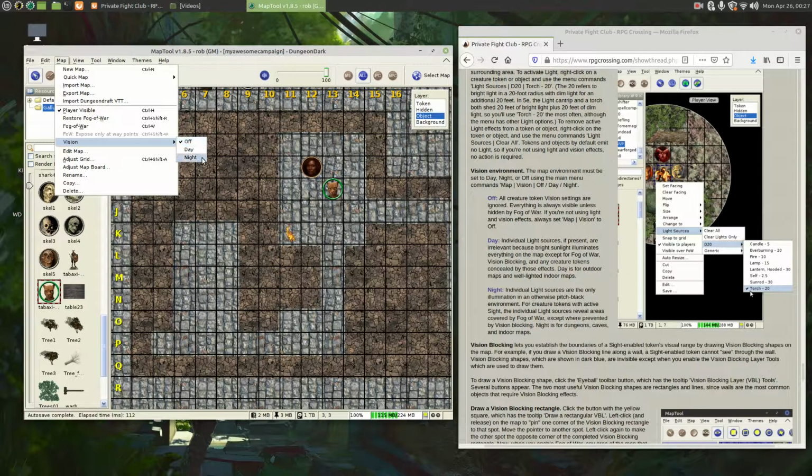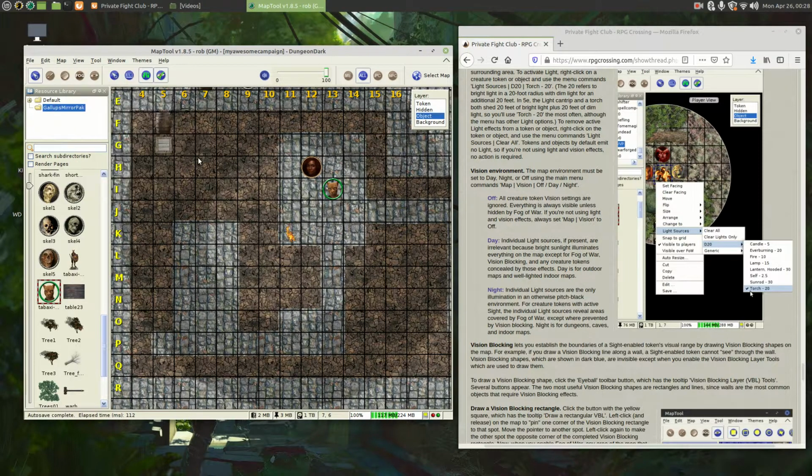The one you're going to want to use for dungeon crawling is night. The day setting assumes that there is a sun overhead shining down light on all parts of the map, so your sources of illumination don't matter. And that's in the day setting. Almost the same thing in the off setting. There are a few small differences. Night is going to be the one you're going to want to use in all of your dungeons. And you see, once I made it night,